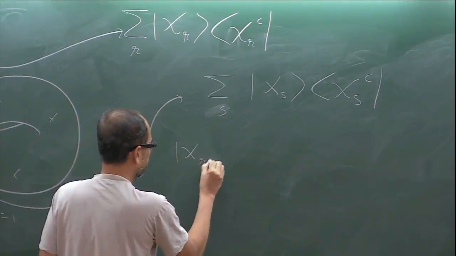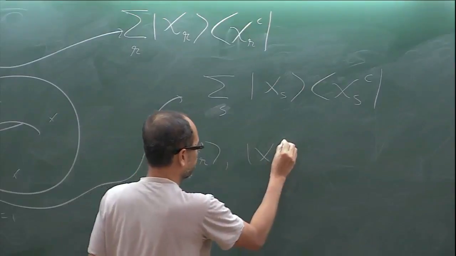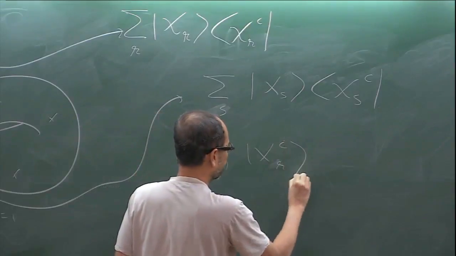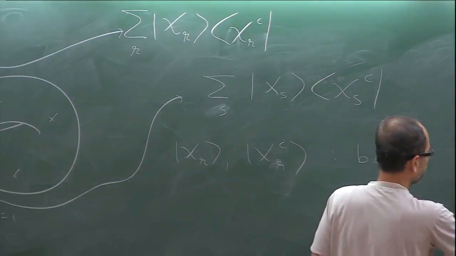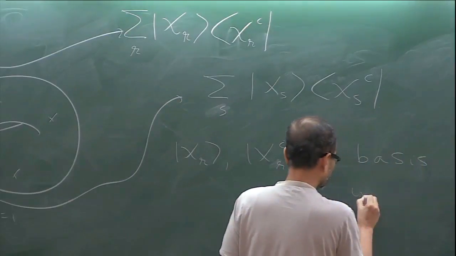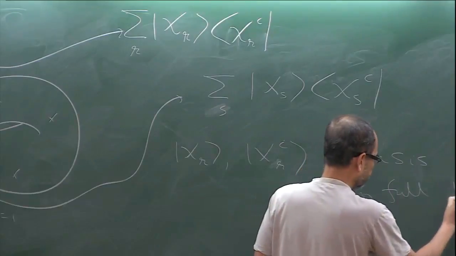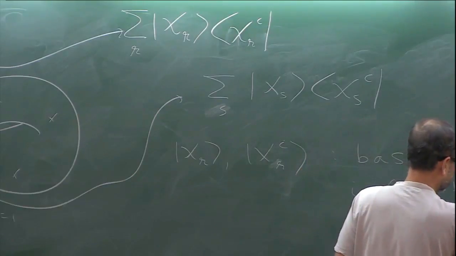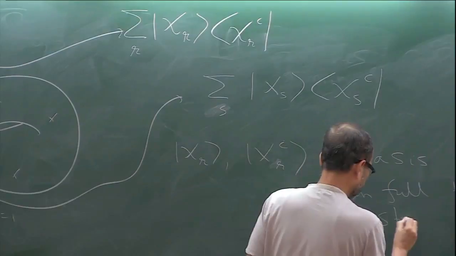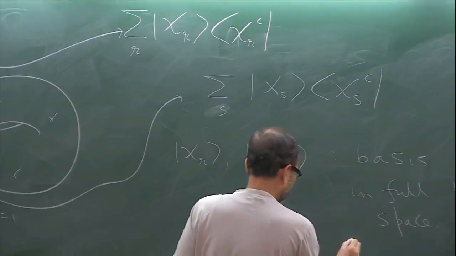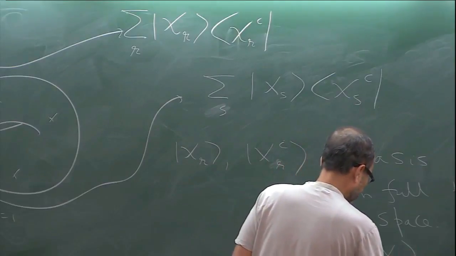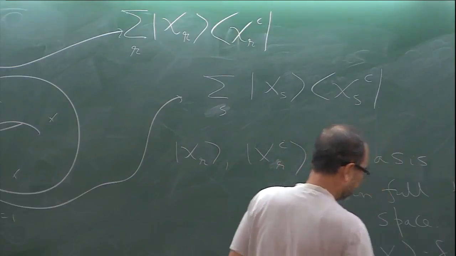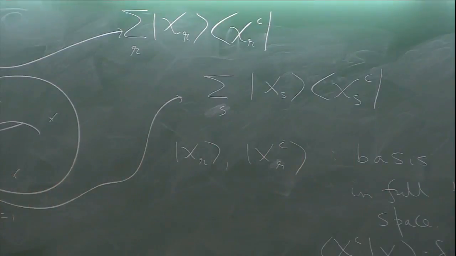These are the basis states in the full Hilbert space, satisfying the orthonormality condition that chi RC, chi S is delta RS. That's the definition of chi R. Full means not that H. No, not that HT. It's the complete Hilbert space,